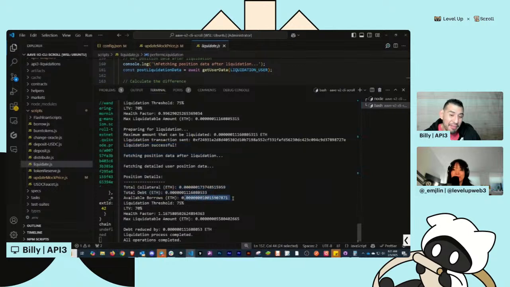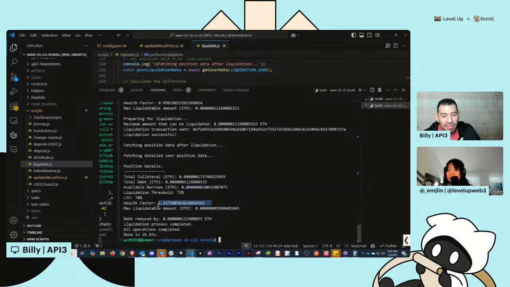They can borrow again if they want to max leverage it. Ultimately, their health factor is much healthier. If their health factor was low again, theoretically, we could liquidate them again if it is profitable, right? So if it got too low and it just flash crashed too much, you can do that.